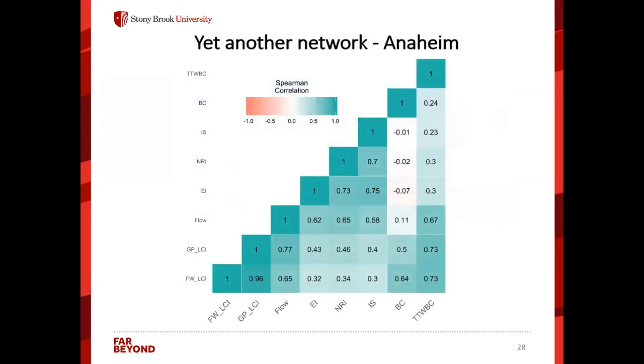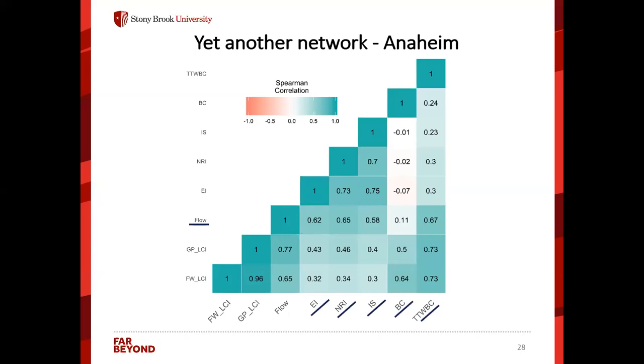And if you look at Anaheim, now we don't have the original one. I want to just very quickly go over a few things here. First, if you look at the two versions of the adjusted LCI, they agree very nicely, it's almost perfect. And if you look at how they are correlated with the flow, it's also high. If you look at how they are correlated with betweenness centrality, it's decent as well, moderate to high. And I'm specifically talking about betweenness centrality because it's a topological measure. So LCI shows a good correlation with the flow and also a good correlation with a purely topological measure.